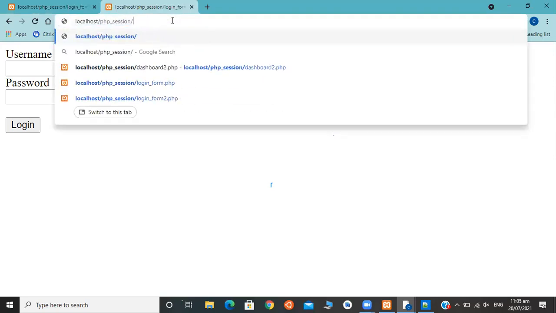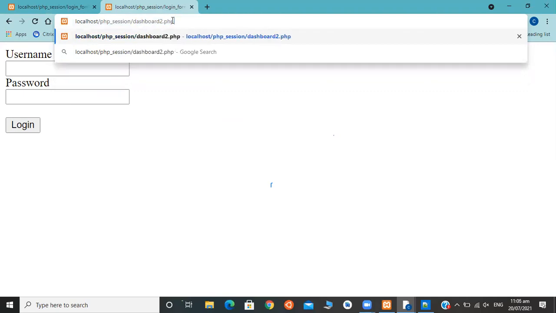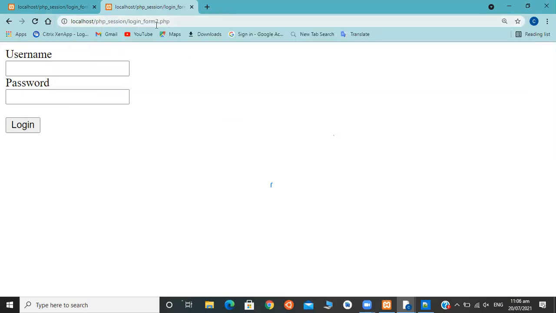If I type here dashboard2.php, I'm getting login_form2.php, not the dashboard page without logging in.